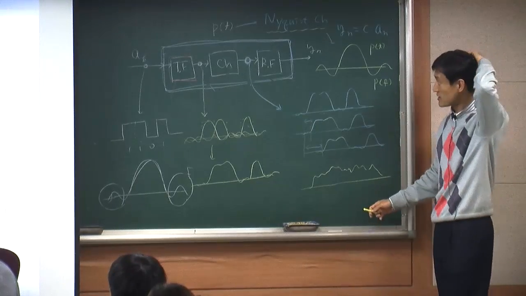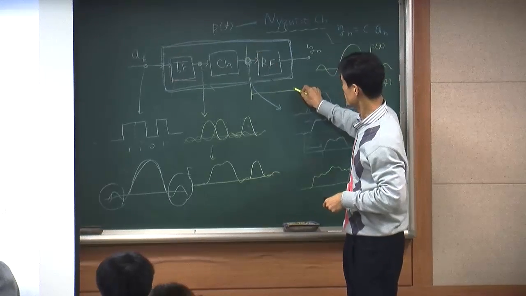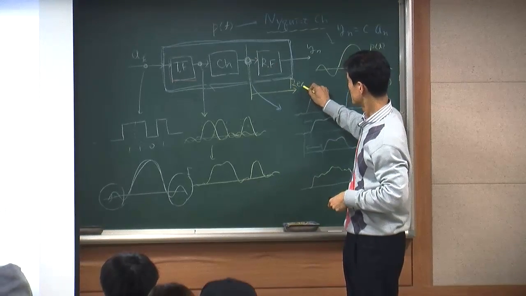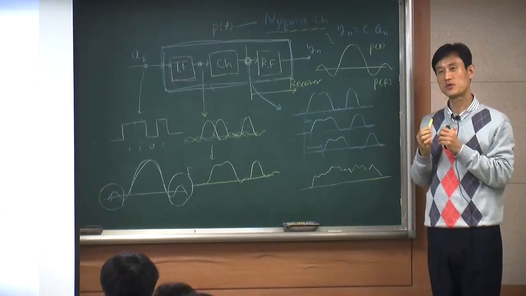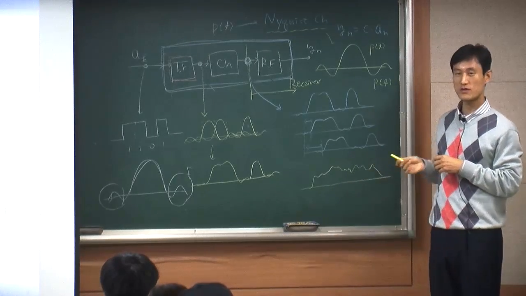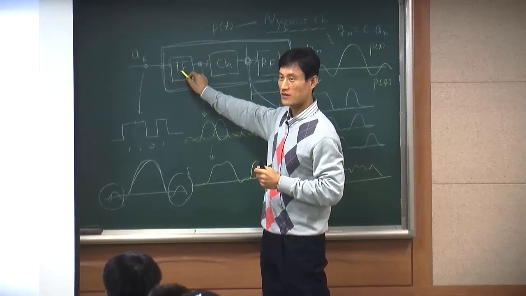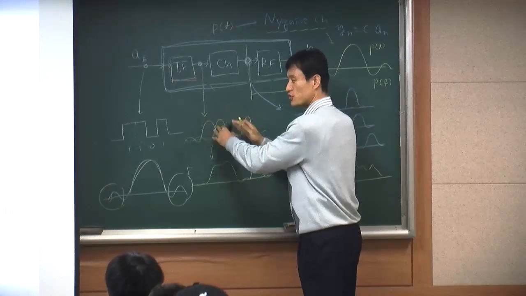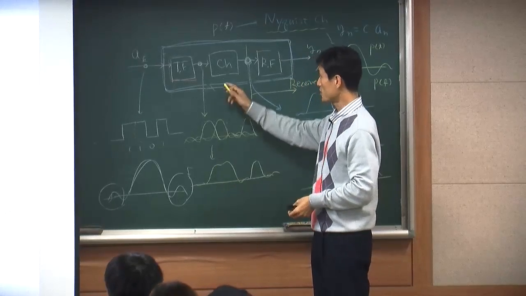So now the problem is, this is what you receive. From here, we have a receiver, right? This is what you're going to receive from the receive antenna. Okay? That's what you're going to receive. We have done transmit filter, so we do the pulse shaping like this. Okay? And also,